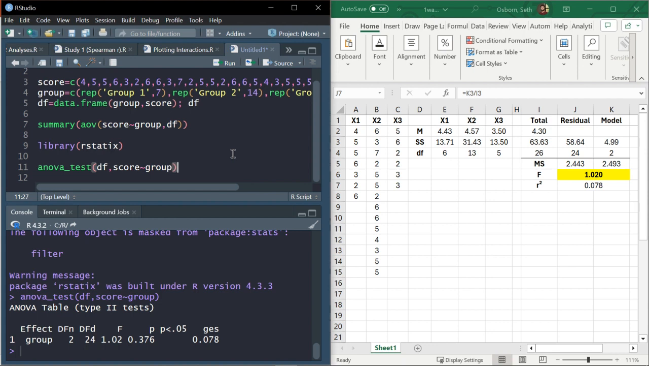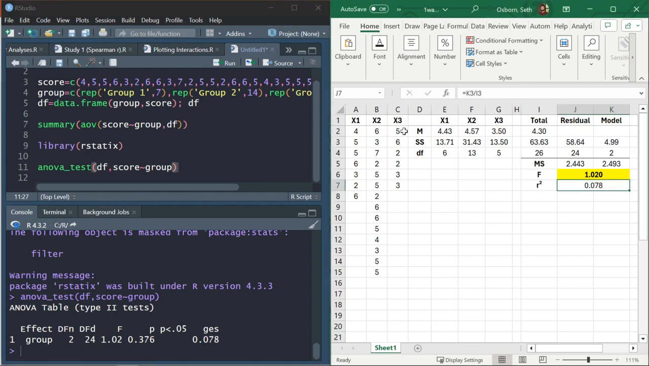But let's imagine that the data were a little bit different. I'm going to make it so that the F statistic will be significant. So I'm going to take this third group and I'm going to increase each score by 10. So this becomes 15, 16, 12, 12, 13, 13. And yes, this F statistic is significant,